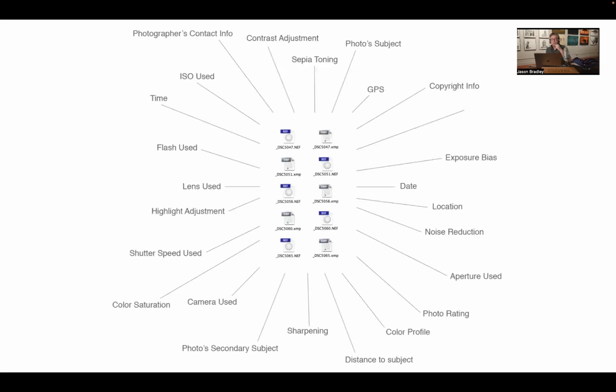To give a better view of what I'm talking about here, this is an anatomical breakdown, if you will, of what a modern digital file looks like in terms of metadata. All this stuff is attached to, and this is just half of what we can really attach to our files, especially if we get into